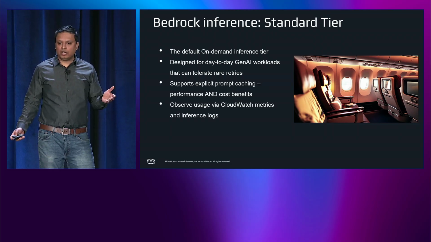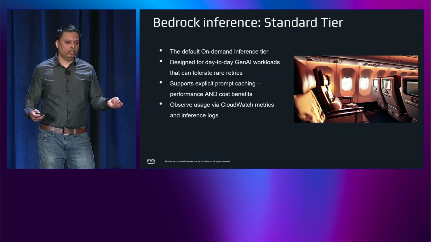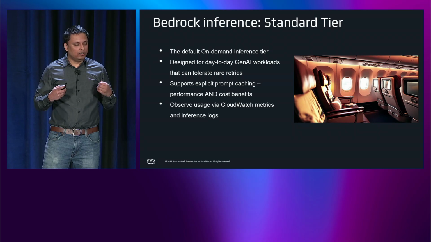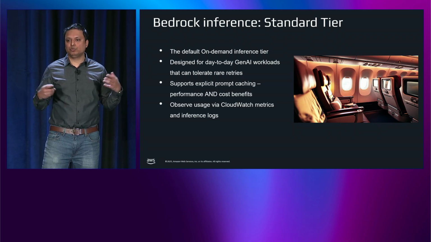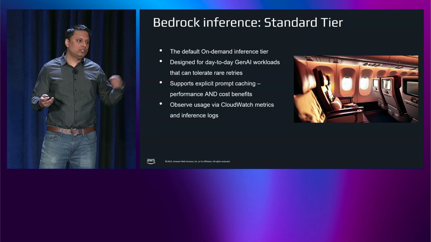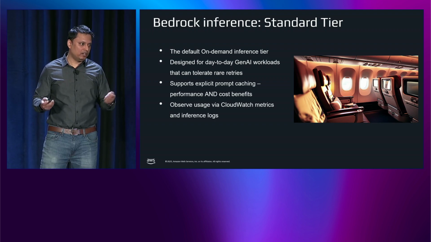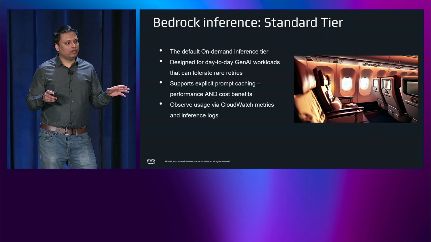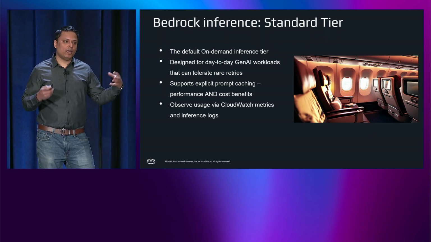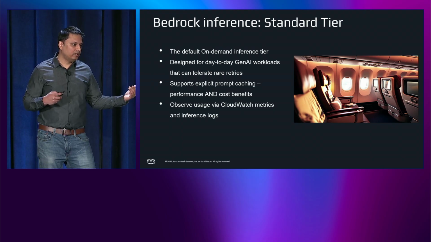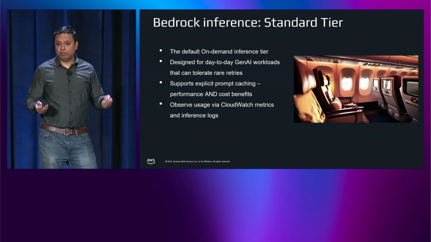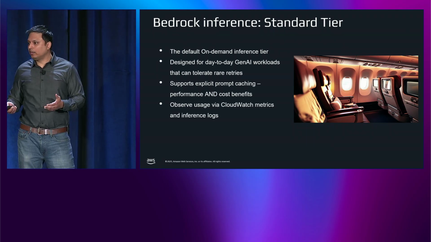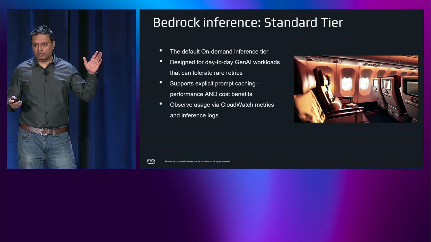And these workloads sometimes can tolerate some amount of retries. What that means is, even when you're within your defined Bedrock quota, sometimes you can see a little bit of throttling. And when you see that, you have to retry the request, and it most likely goes through the next time. So this Standard tier, even though it's best effort, we do have alarming frameworks. We do have dashboards where if we see a lot of throttling, people wake up in the middle of the night to make sure that we rebalance the capacity. The throttling limits are under our designated thresholds, right?